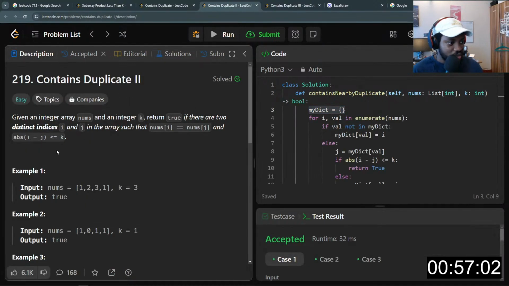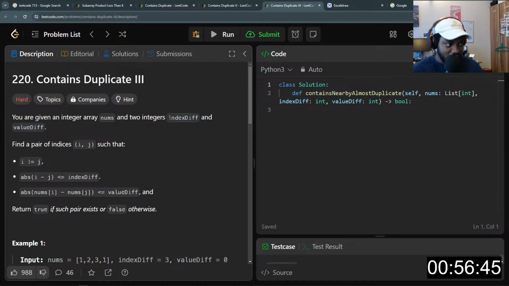In this case, we are given i and j. nums at i should be equal to nums at j, and the absolute value of their difference should be less than or equal to k. Now this time around, let's just say index diff is k. Okay. Now value diff is the new thing that is being introduced.